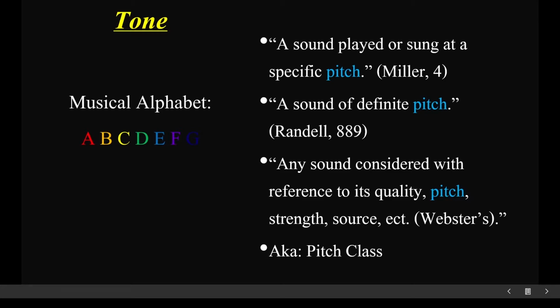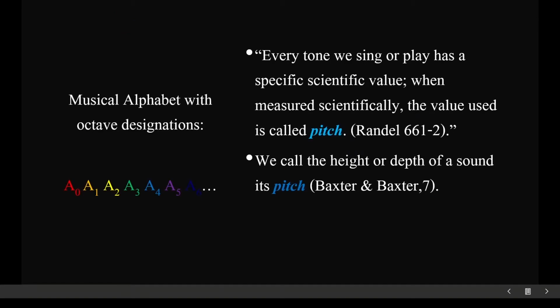Take a look and you'll notice that there are 7 letters here: A, B, C, D, E, F, G. Those 7 letters are what we refer to as the musical alphabet, or we call them pitch classes. So what does that mean? We identify tones and pitches with our letter names, A through G. Even though there are 88 keys on a piano, 61 keys on a piano, sometimes 49, sometimes 76, the letter names will always repeat.